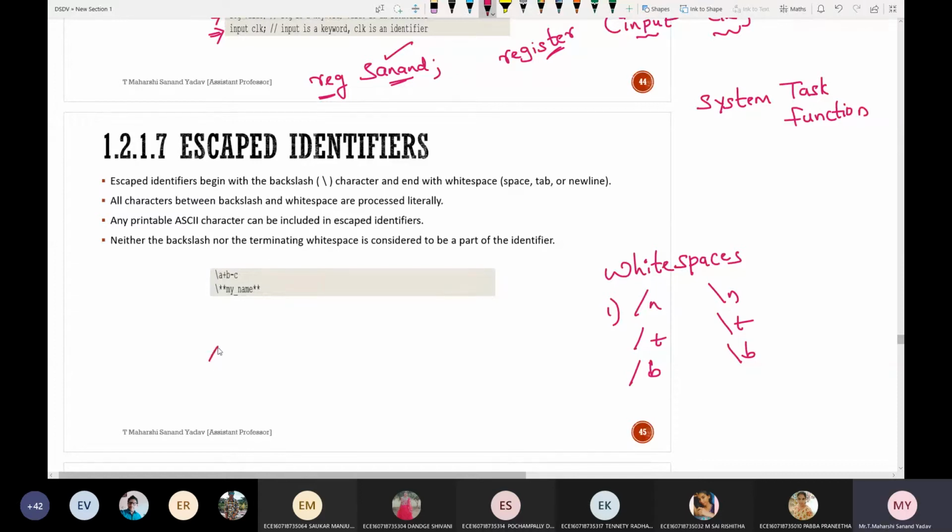Next, what about this ASCII? What is the ASCII code full form? American Standard Code for Information Interchange.